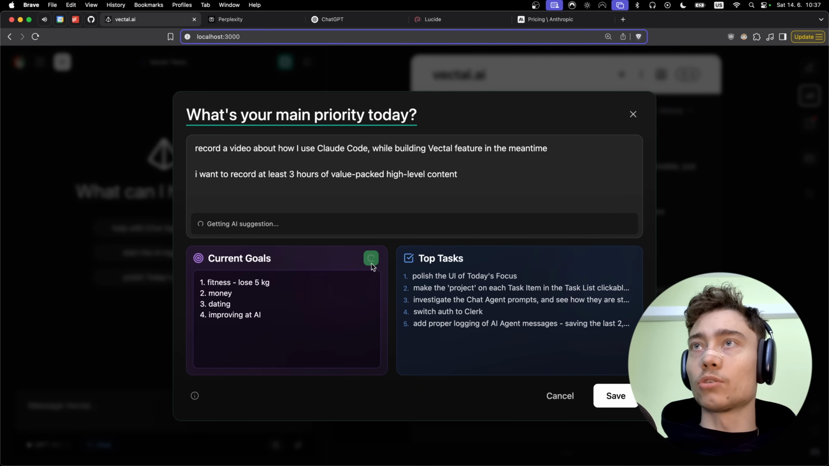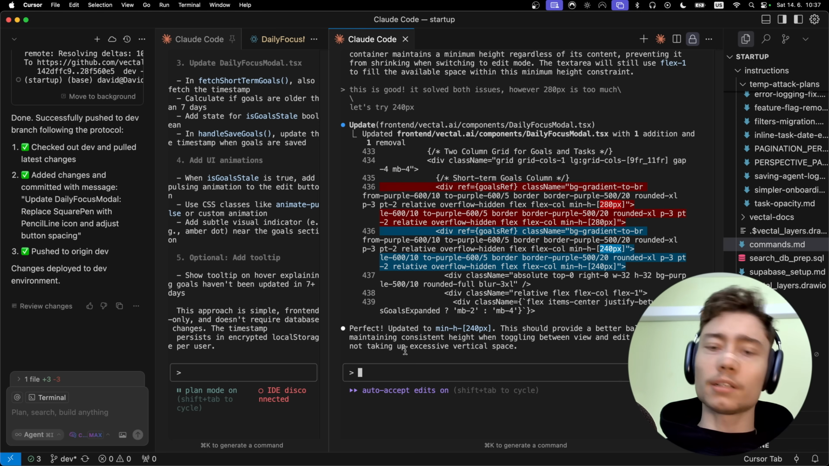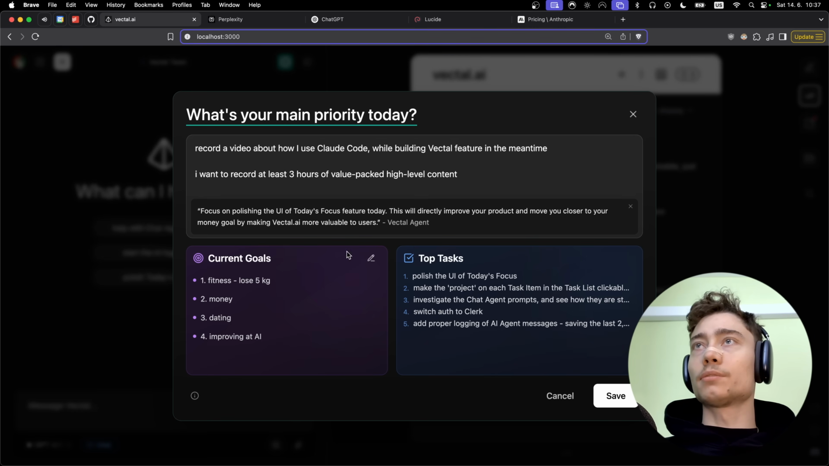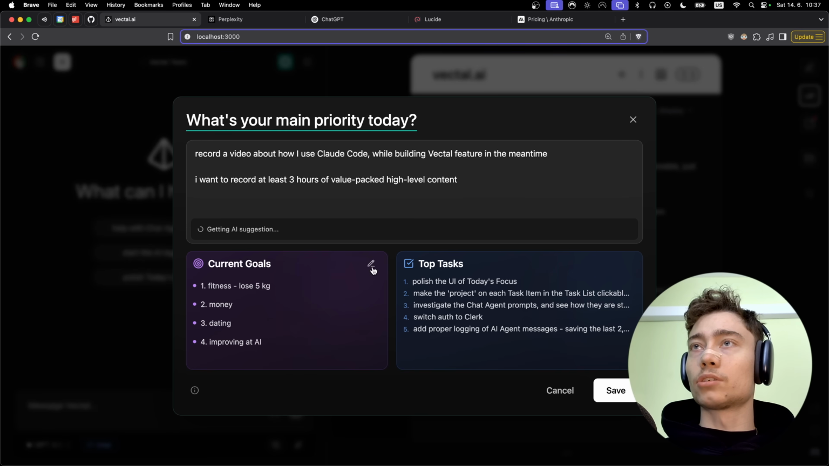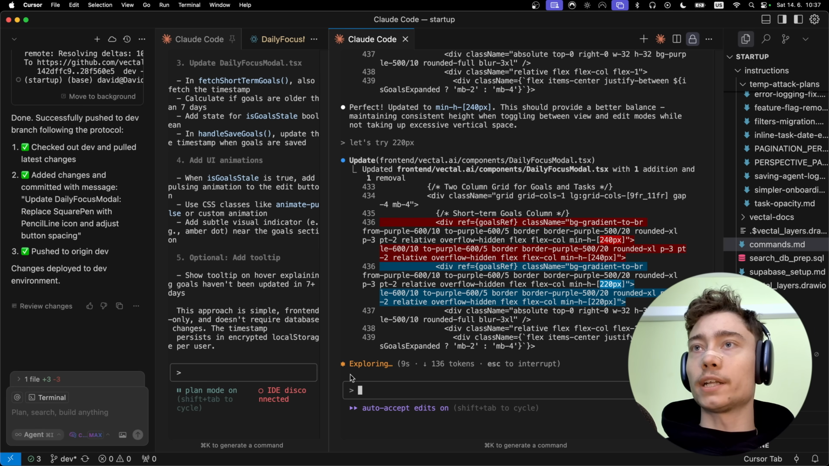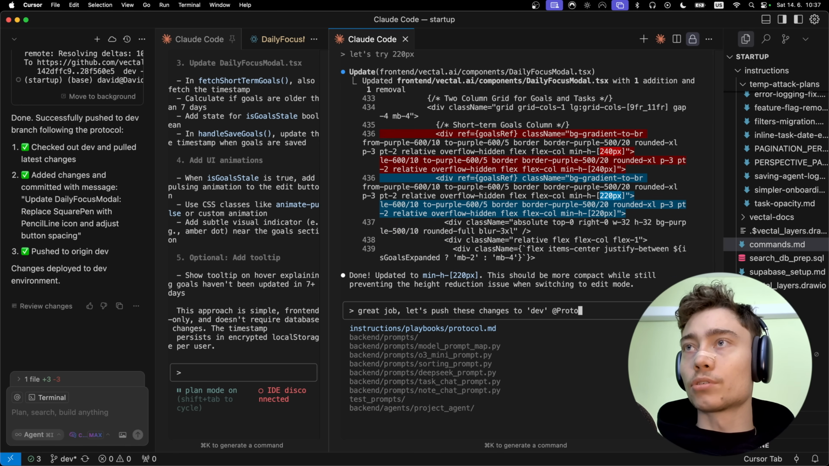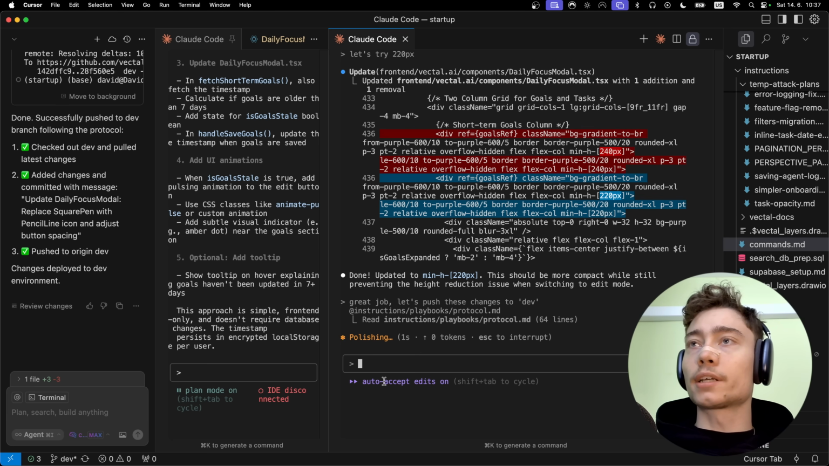Okay, really solid, but let's try 220px. Still a bit too tall for my taste, you know. Okay, 220, very nice. I'll say great job. Let's push these. Actually, yeah, let's push these changes to dev protocol, and then the next thing is like, the